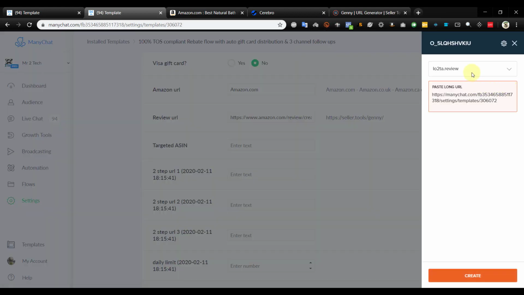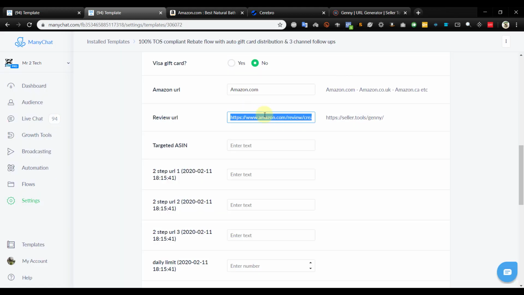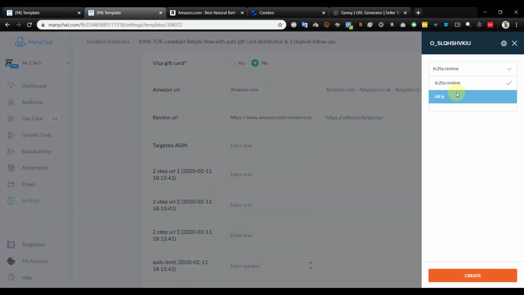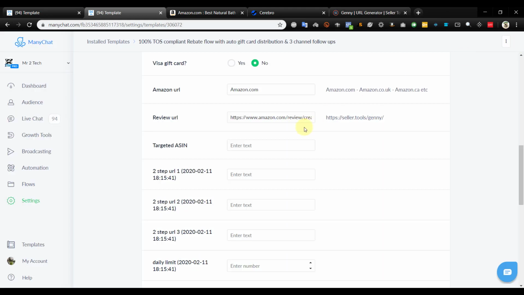It used my other domain which is connected to bit.ly. Sorry. So you can use a bit.ly link without the ASIN,